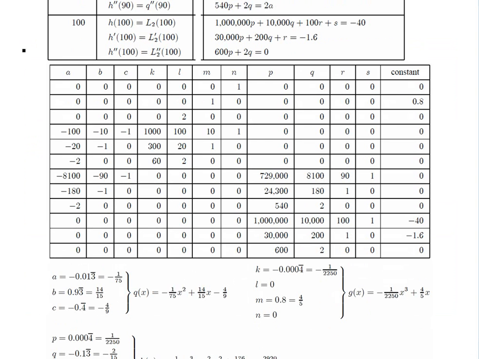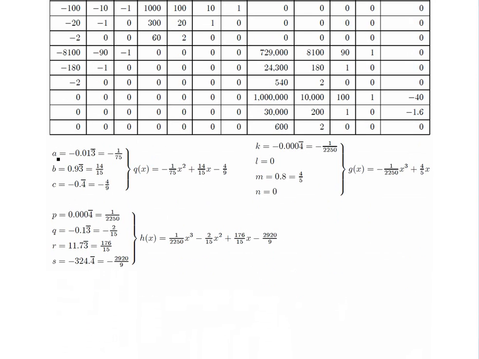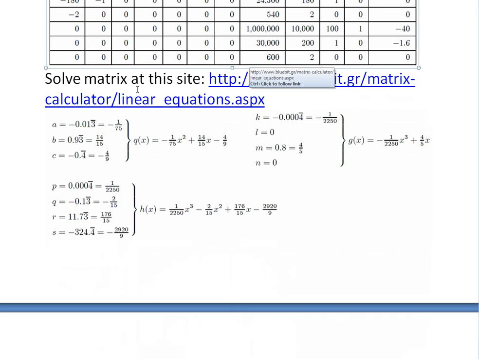Yeah, and here I've basically copied and pasted a table I made with all of the constants that we're looking for, the unknowns, and it's in the matrix form that it needs to be in right now. So you would plug this into whatever matrix calculator you have. Like the one I showed is pretty good. Basically you could just solve this matrix at this website,